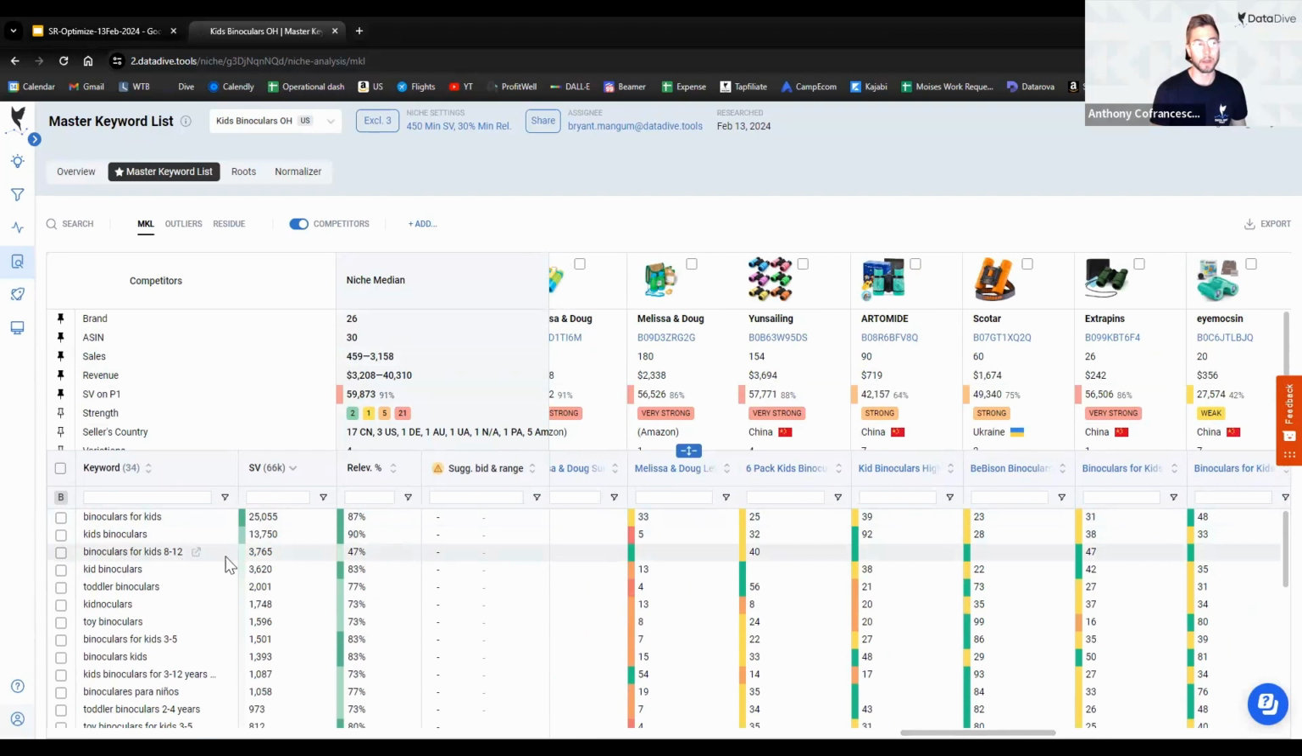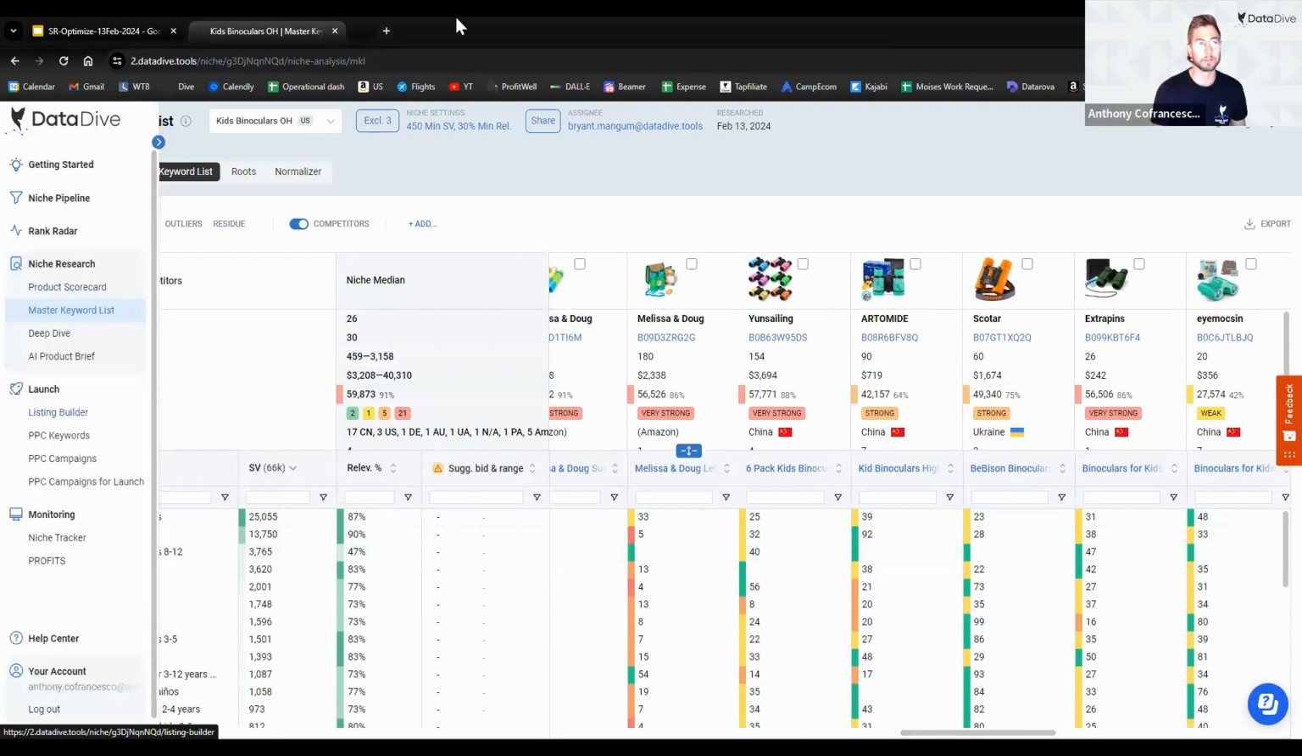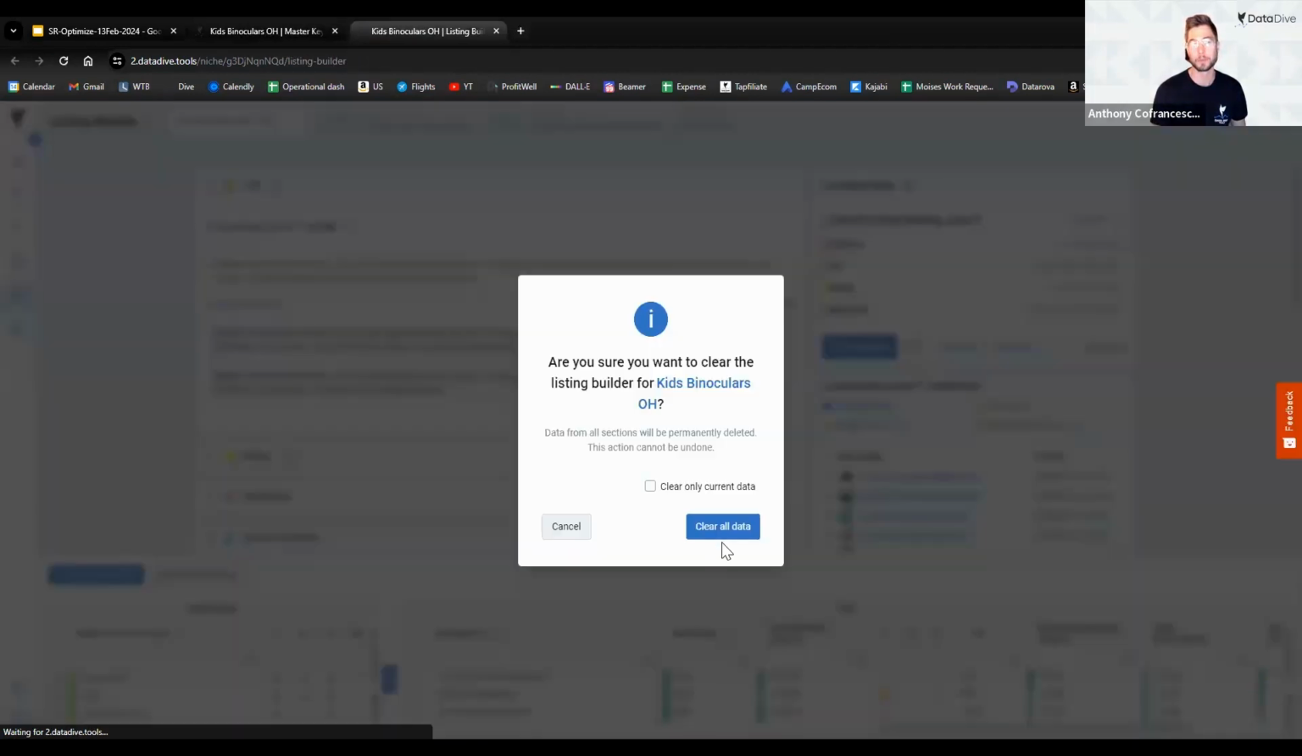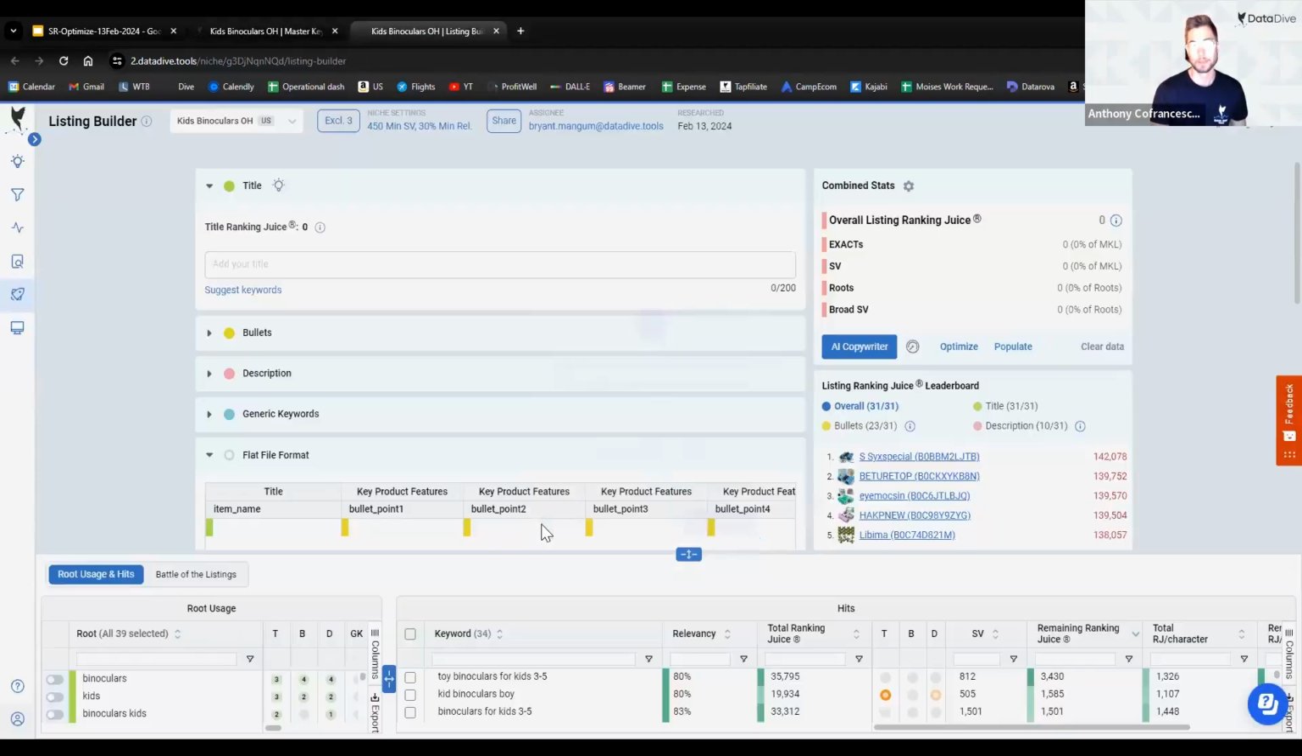So here I've got binoculars for kids 8-12. And I'm going to open up the listing builder and see if that gap exists in the listing builder as well. So I've already done this once. Actually, I've already done this twice. So I kind of already know the answers to this, but just to show the workflow,